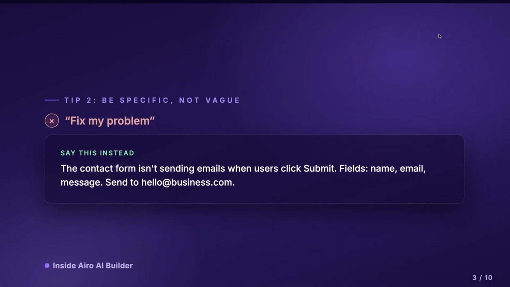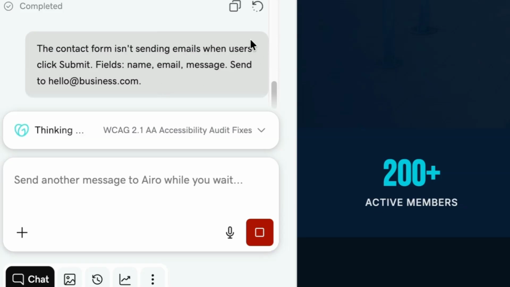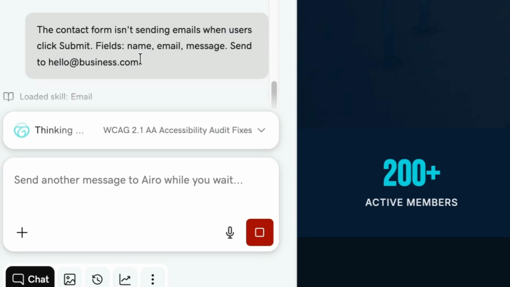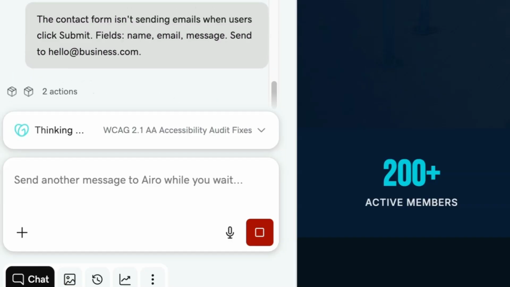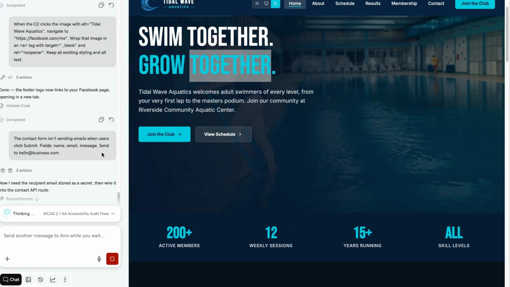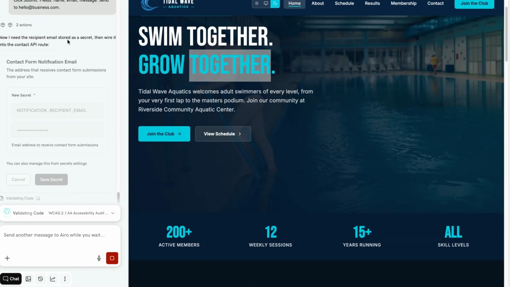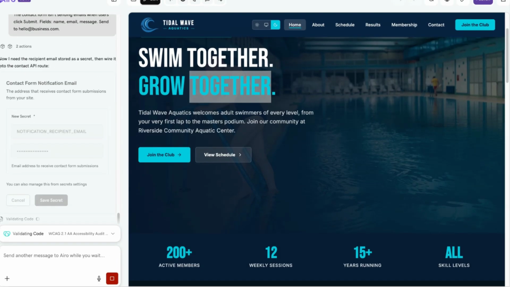Tip 2. Vague prompts cost way more back and forth than specific ones. This forces Airo AI Builder to guess, ask you to clarify, and guess again. What you want to do is give Airo a specific version. The prompt that I just gave it says, the contact form isn't sending emails when users click submit. Fields should include name, email, message, and send to hello@business.com. This provides the exact symptom with the exact fix, where, what, and how it should look every time that you